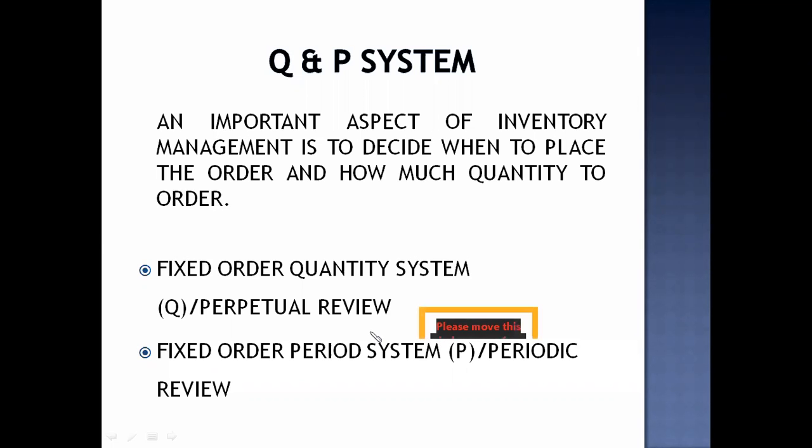परसों भी मैं ऑर्डर प्लेस कर सकते हैं अगर मेरे को जरूरत पड़ रहे तो बट परसों भी मैं 1000 ही रख सकते हैं. I cannot increase the quantity with the supplier. बट फिक्स्ड पीरियड में कैसे होता है? टुडे दैट इज 2 तारीख को मैंने प्लेस किया है ऑर्डर, 2 तारीख को मैं 10,000 यूनिट्स का प्लेस किया है. इधर क्वांटिटी मैटर नहीं करते, बट नेक्स्ट ऑर्डर कभी देना है, नेक्स्ट ऑर्डर आई विल हैव टू प्लेस ओनली इन नेक्स्ट मंथ 2nd. That is fixed order quantity and fixed period.